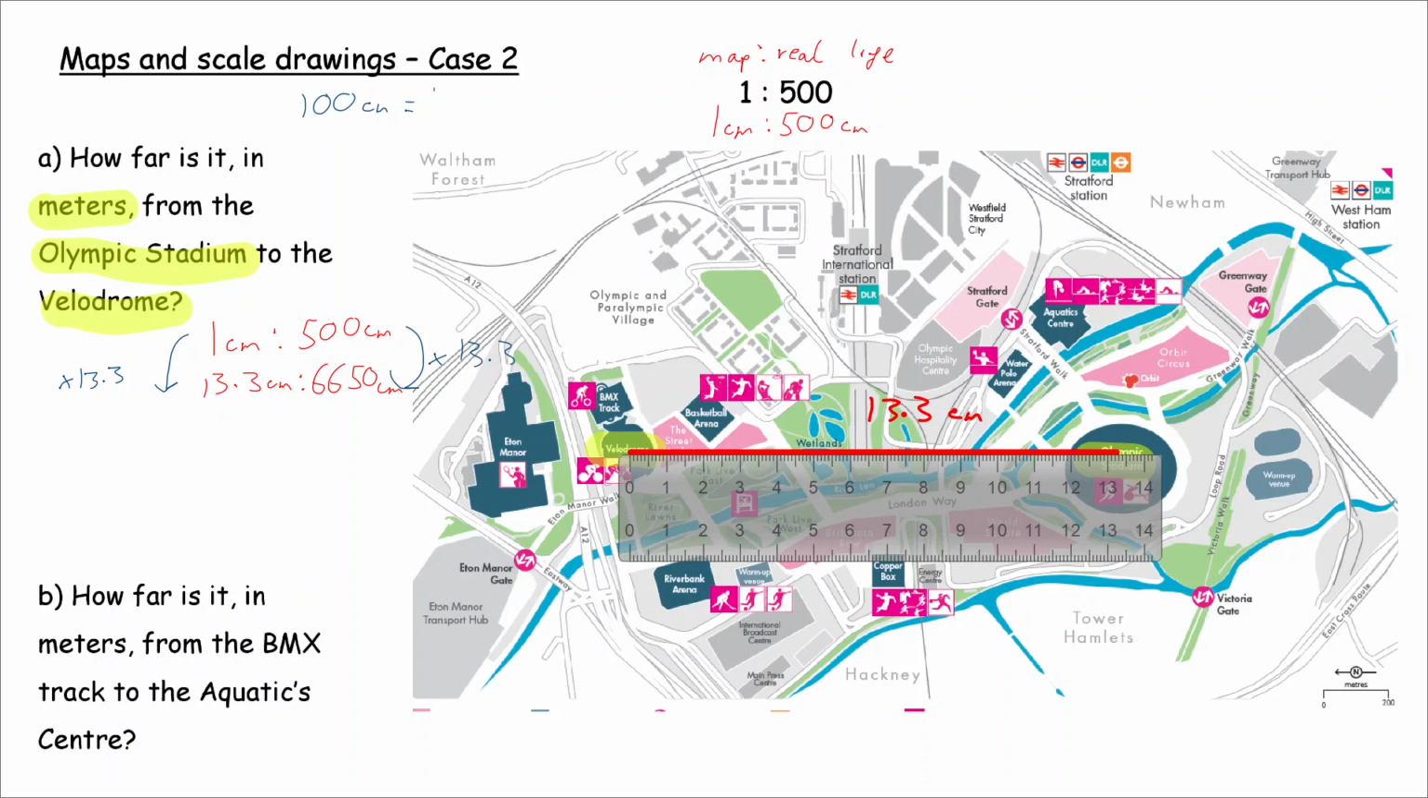So 100 centimeters is the same thing as 1 meter. So to get from 6,650 centimeters into meters, you've now got to divide this number by 100. It's still going to be 13.3 centimeters. Now into meters, if you do 6650 divided by 100, that is simply going to be